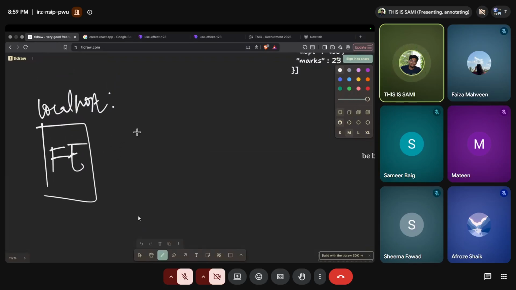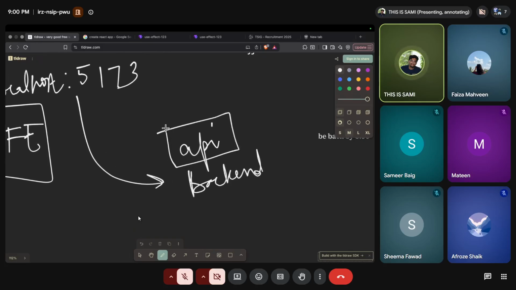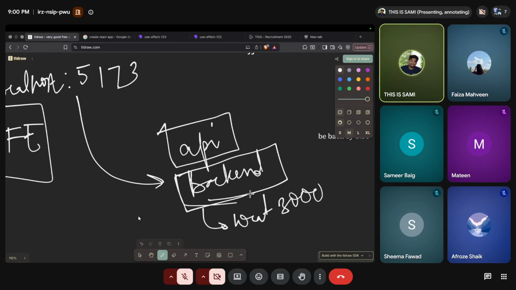ये जो फ्रंट एंड है मेरा, ये फ्रंट एंड के कोई पोर्ट से, पोर्ट लेट्स से अब वही जो 5173 होगा, कुछ तो भी होगा, ये पोर्ट से हम एक एपीआई को हिट करते या कोई बैकएंड को हिट करते। अब देखो एपीआई भी एक तरीके का एक बैकएंड ही है, मगर ये एक्सपोज्ड रहते इंटरनेट को, कोई भी जाके हिट कर सकता है। बैकएंड जो तुम खुद बनाते, जैसे कि नोड.जेएस में बैकएंड बनाए। लेट्स से अगर आपको फुल स्टैक डेवलपर बनना है तो आप बैकएंड नोड.जेएस में बनाएंगे, या if you want to be a MERN stack engineer you will probably do that। तो जो बैकएंड जब तुम्हारा बनता, उसका भी तुम्हें कोई पोर्ट पर रन करते, लोकल होस्ट लेट्स से 3000 पर रन करते, ठीक है।